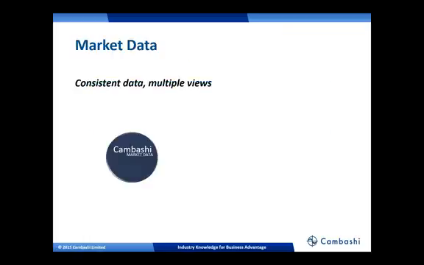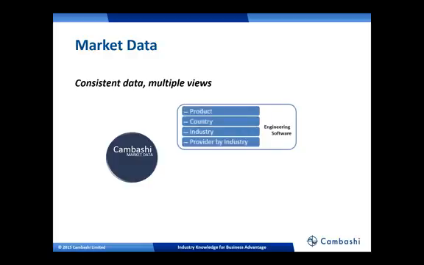So I'd like to just focus on the market data aspect and show you the kind of data that we're talking about. And to do that, I'll try to illustrate some of the typical things that investors have used the data to find out. But first, just to explain, the Cambashi databases fit into three groups: engineering software, economic data, and focused markets. We call the databases observatories, and the 4 engineering software observatories provide different views on that market. So revenues by product, spend by country, spend by industry, and then the 4th contains our estimates of software provider